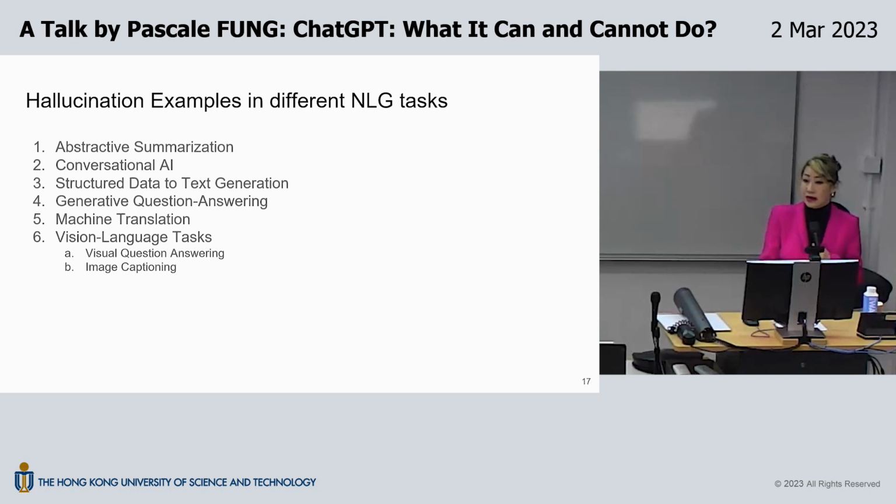In conversational AI, you can build a chatbot with these language models, and then you start talking to the chatbot and it will give you some content that's not based on fact or based on true knowledge. I think people have reported such examples about ChatGPT as well, where you ask something and they give you something that's totally wrong, with the wrong resources. The problem is these language models generate answers with such human-like fluency that people think that they're